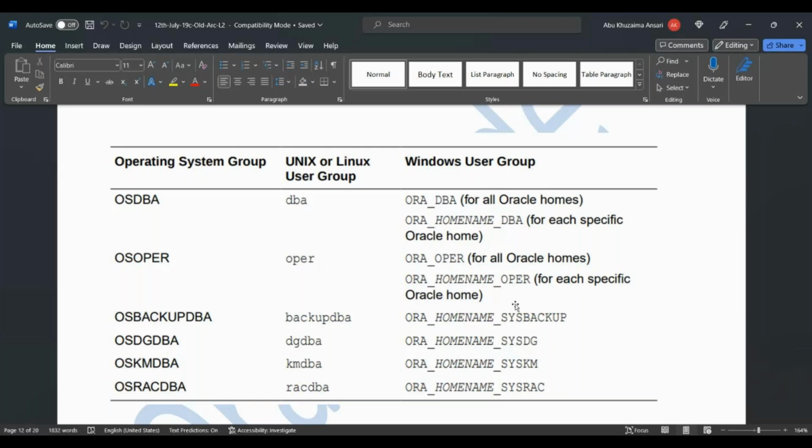If you are in the OSBACKUPDBA group, you specify AS SYSBACKUP. If you have the OSDGDBA group, you specify AS SYSDG. If you have the OSKMDBA group, you specify AS SYSKM. If you have the OSRACDBA group, you specify AS SYSRAC privileges. Okay,